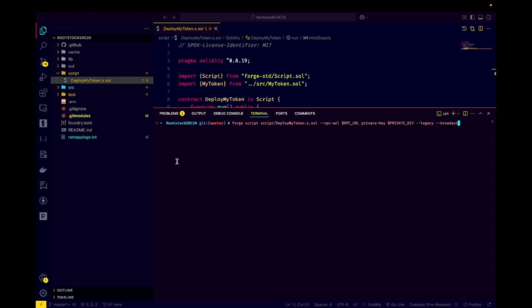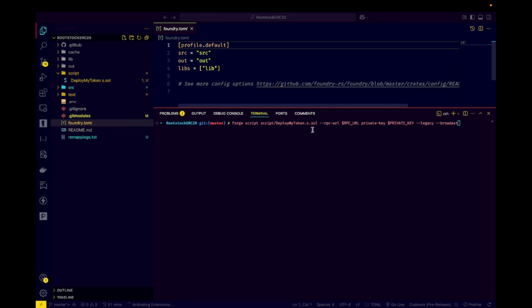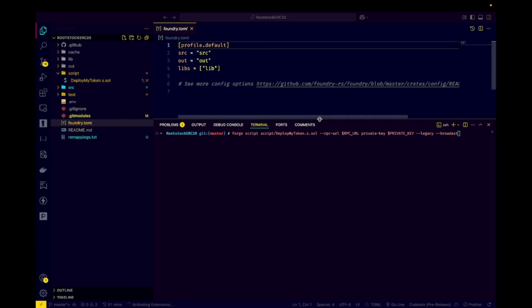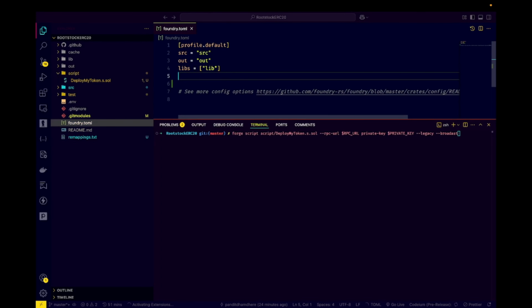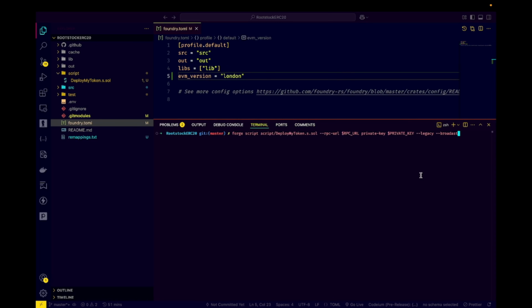Also we have to do one more thing inside our Foundry project. In foundry.toml, we have to declare the EVM version. I guess, if I am not wrong, EVM version. Yeah, that's it, London. Thanks to Copilot. Just go back to your terminal, and make sure you are running the right command for